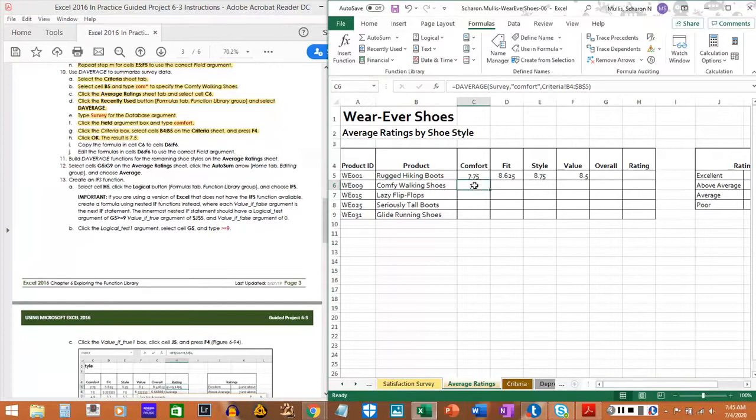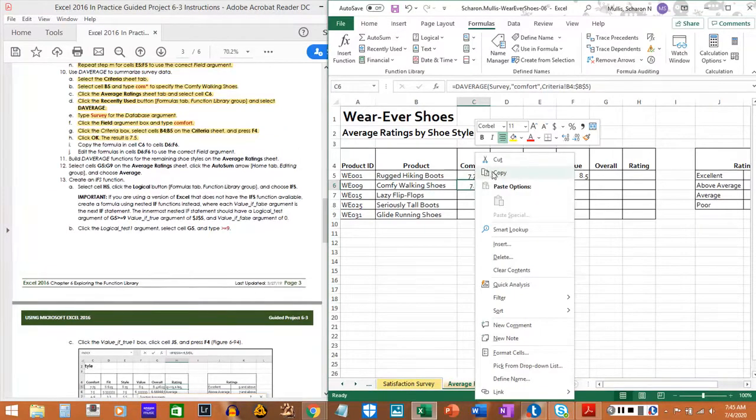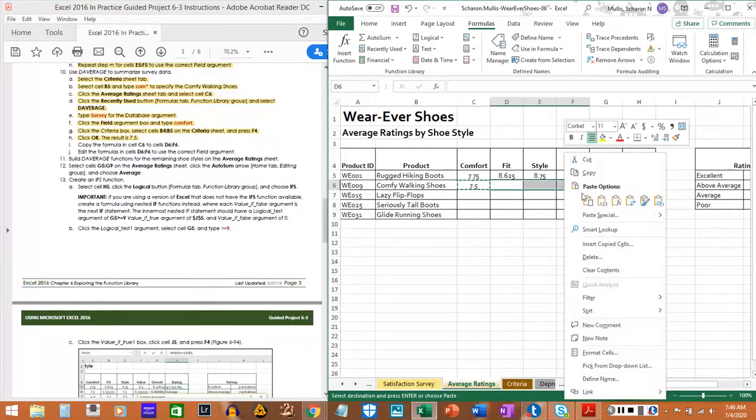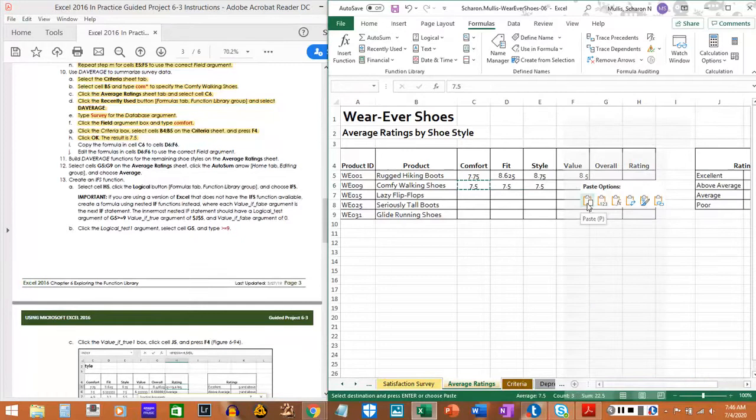So I'm going to Control or right mouse click and select copy. I'm going to select D6 all the way over to F6, right mouse click. Instead of just using the paste, I need to use the paste options, and I want to copy the formula over. I'm going to hit escape,